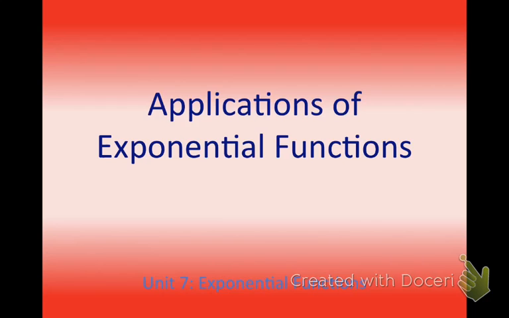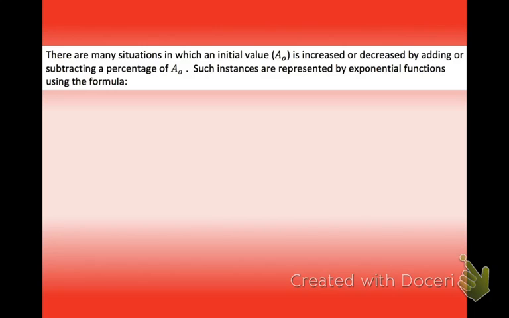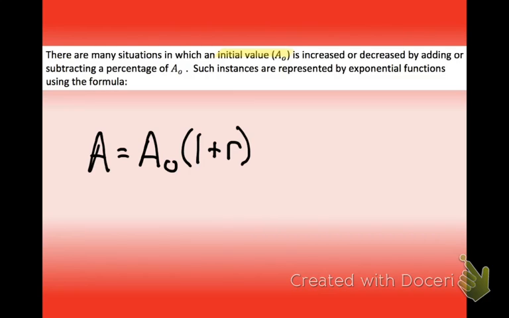The first one is going to be anytime you have an initial value, which is a sub 0, so that's your starting value, and it's being increased or decreased by adding or subtracting some percentage. The formula that you're going to use for that is A, or your amount, equals a sub 0, which is your initial amount, times 1 plus whatever your rate is, raised to the t power. So A is your amount,